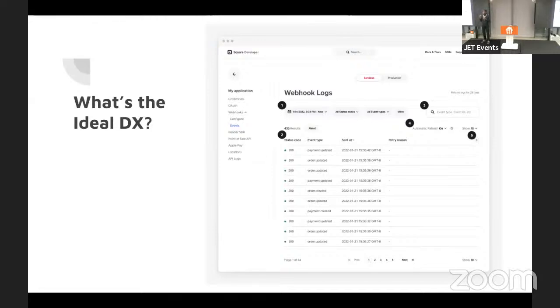Or was my system down when you sent the webhook? What went wrong between that integration? And what consumers do is they try to invest in logging the webhooks they receive such that they can present it as proof to the provider that you did not send me the webhook, right?